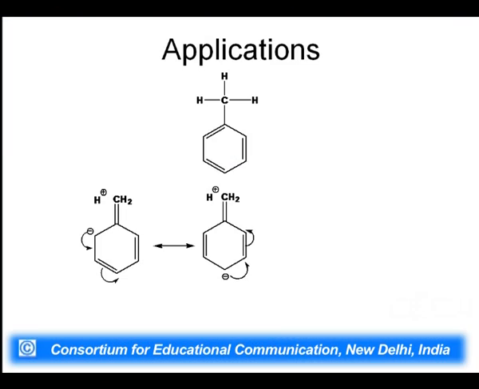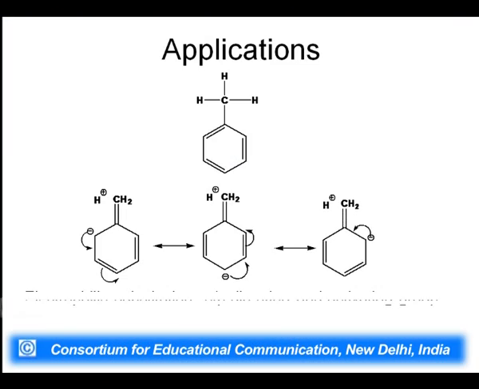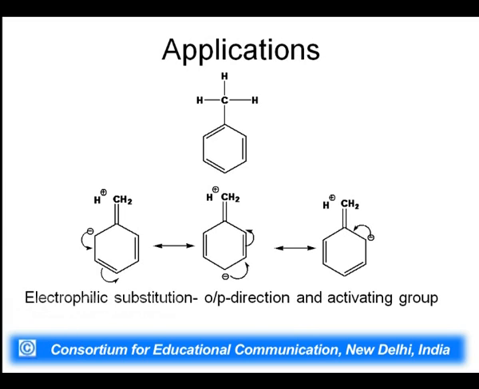Last but not the least, you can see on the slide that we can explain the ortho and para direction of toluene. This methyl group can also undergo the hyperconjugative effect, and by virtue of this there is a negative charge on the ortho and para positions, and we can explain the ortho-para direction of toluene by hyperconjugation only, because the inductive effect will